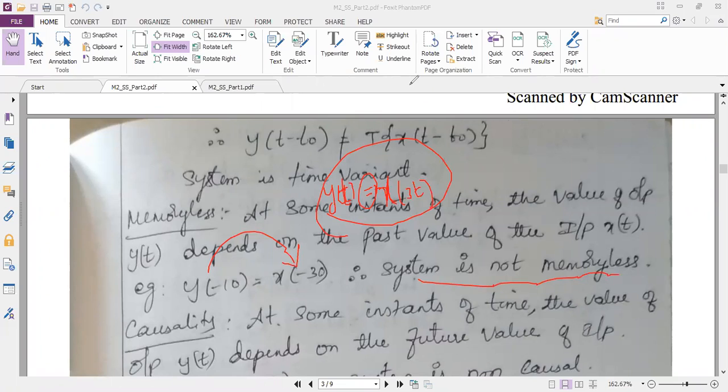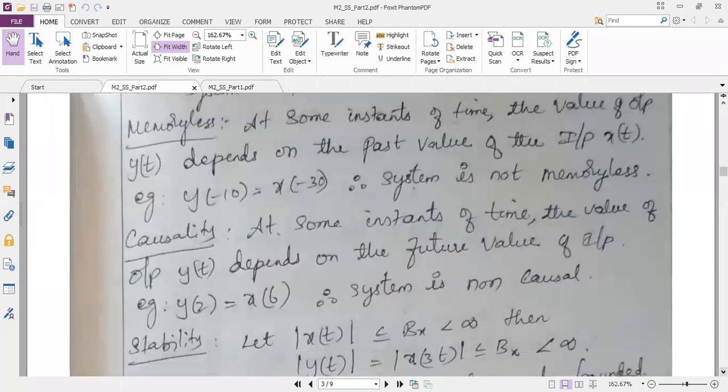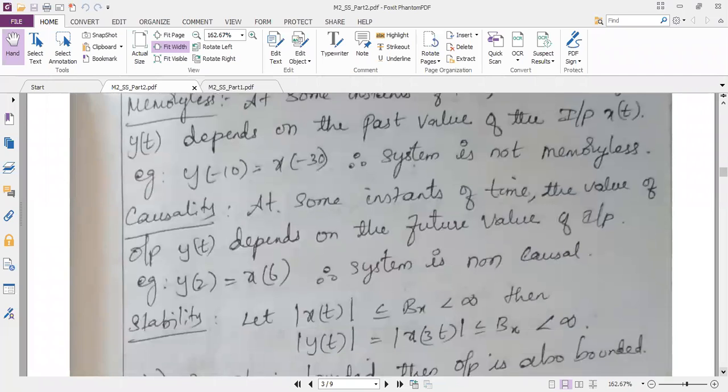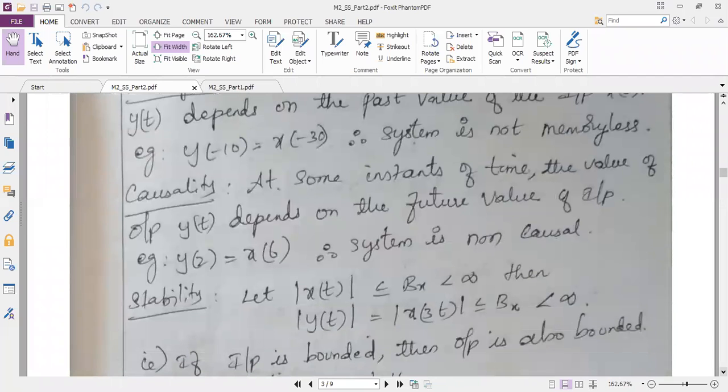Is it okay? Yes, ma'am. So actually, from my side it is very difficult for you to understand, and for me to make you understand. If it were an offline class, it would have been better. Okay, anyway, I'm trying my level best.